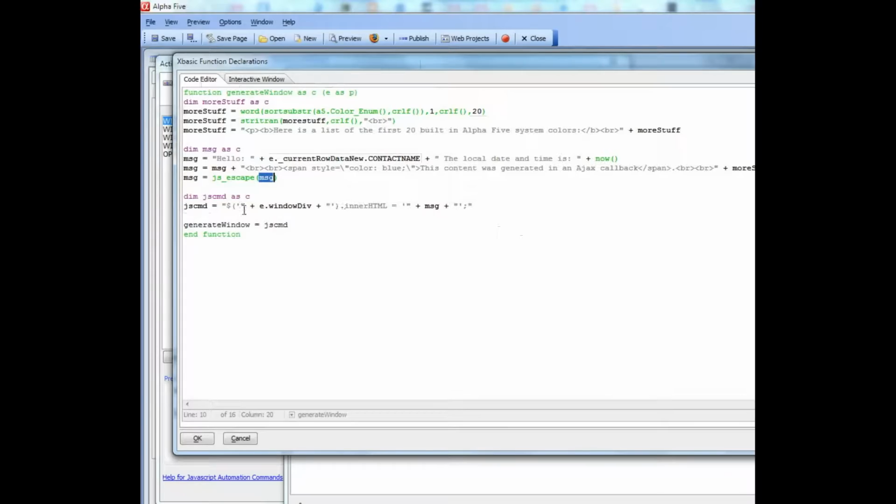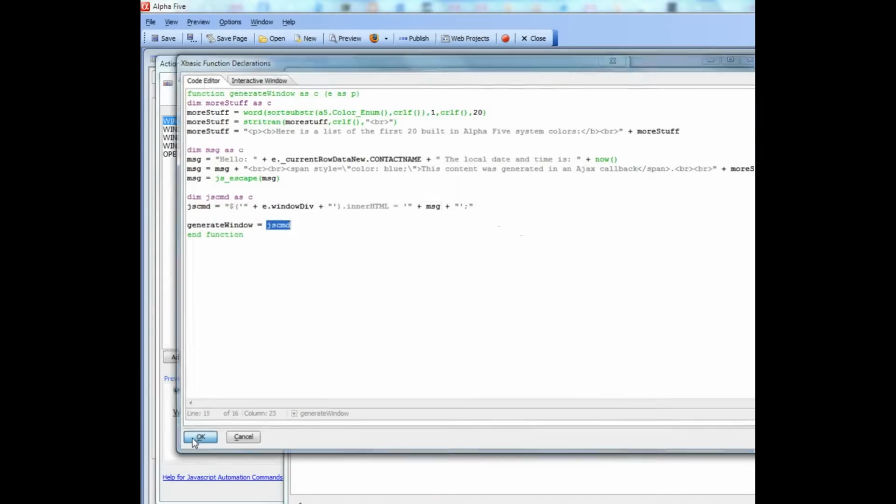And then finally we get a pointer to this div. This is the div inside the window that we need to populate, so we get a pointer to that div by using the $ operator. And then we set the inner HTML of that div to this message, and then we return the JavaScript command that we've generated as the result of this function. So let's go back now and